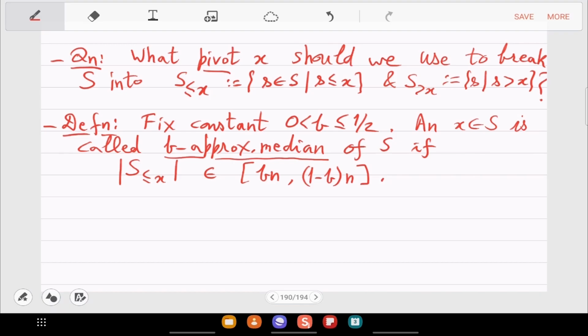So we want the number of elements smaller than x to be around n by 2 and precisely in this interval, b times n to 1 minus b times n. Is this clear? This is called a b approximate median in an array.